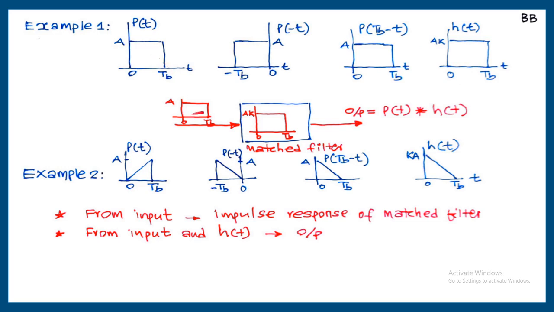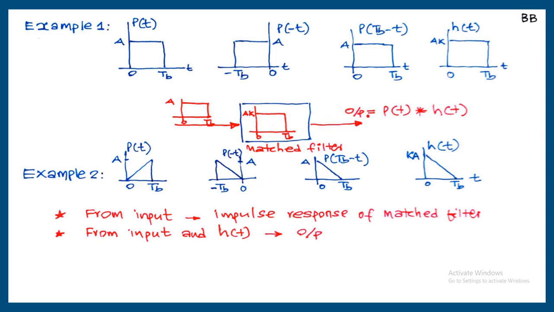So this is the input signal, this is the impulse response. From these two we can calculate the output. Convolution between these two will get a triangular shape at the output side. That will be the output signal. And that is from 0 to 2 tb. So do the convolution between these two, we will get a triangular signal from 0 to 2 tb, and the peak will be at tb. So that will be the convolution result between these two pulses. This is input signal, this is impulse response, and between these two there is always a matching. That is why the filter is called matched filter.